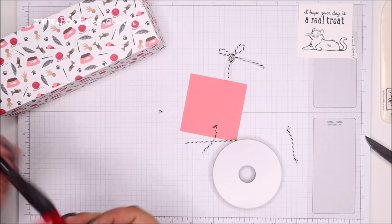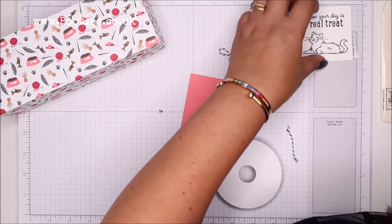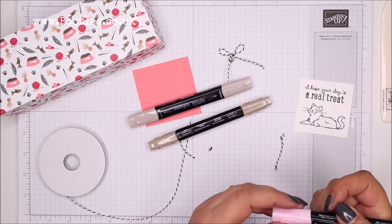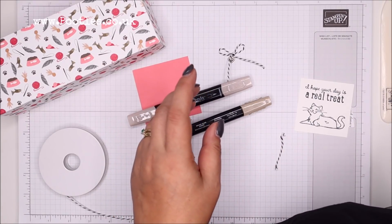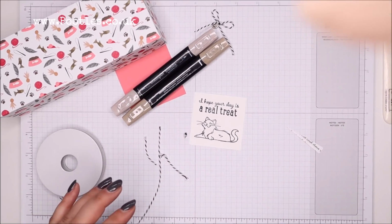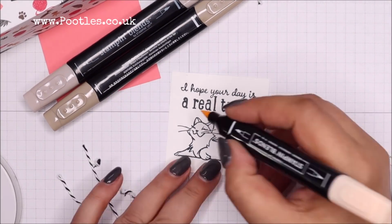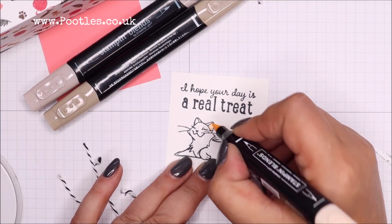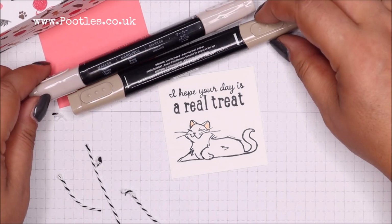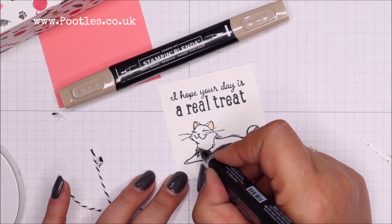Okay, what colour shall we do this cat? Should we go for a couple of browns? Why not? And that might be a bit too pink. So I'll go petal pink on the inside of the ears. Somebody's calling Sorrel, she's on the move. And then these two are light crumb cake and dark crumb cake. So